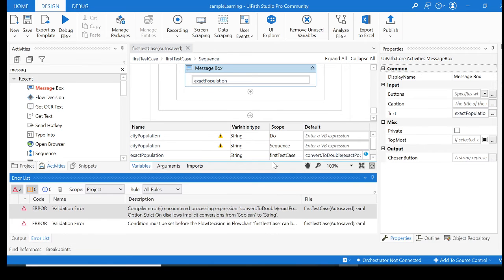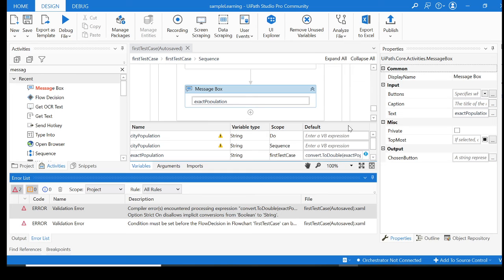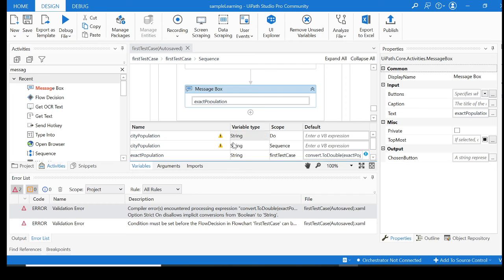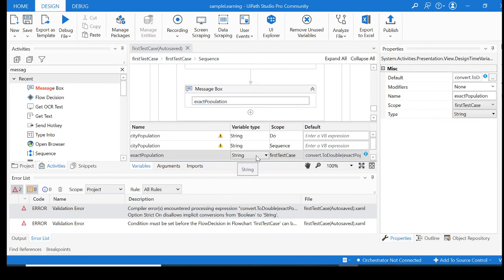So over here, this says, okay, let's convert this to integer and we'll see. Okay, it's still not working fine.